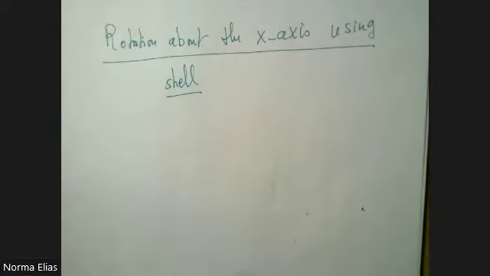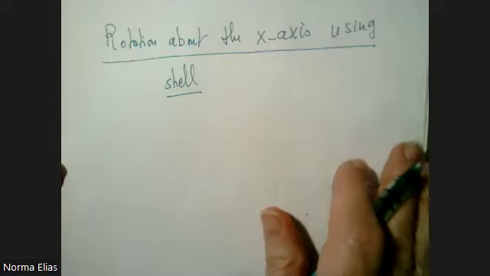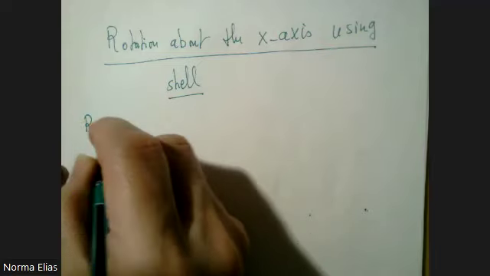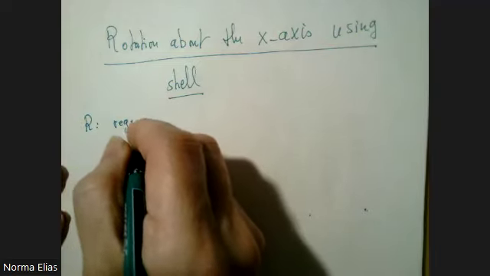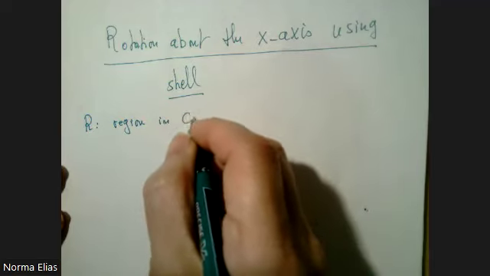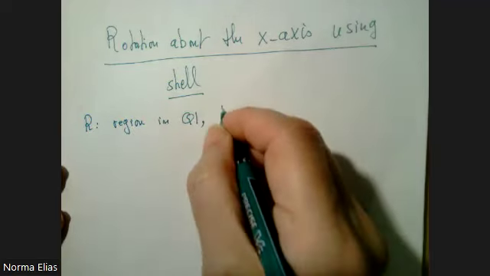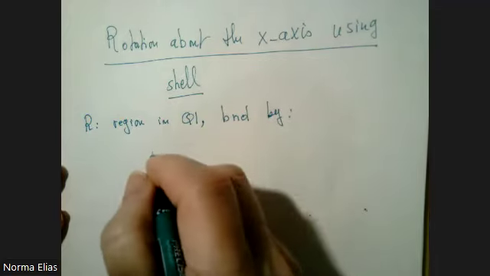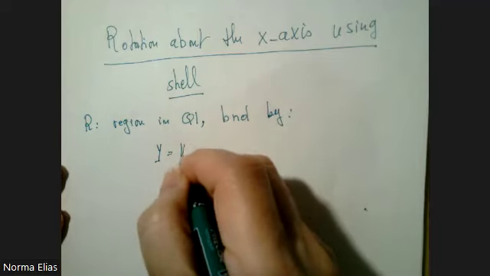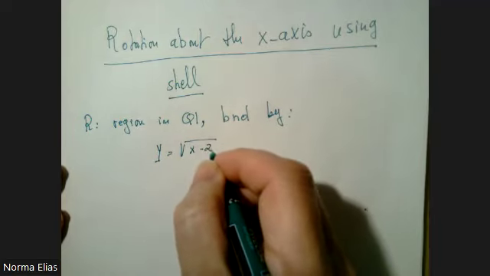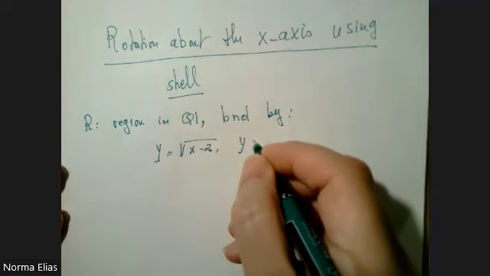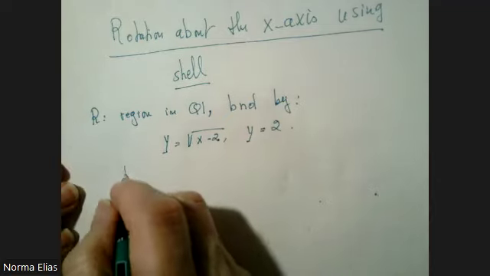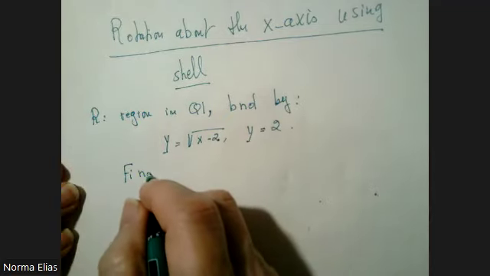So I'm going to take the following creation. It's actually in your book because I liked it. So let R be the following creation. R is the region in quadrant 1 bounded by y equal the square root of x minus 2, y equal to 2. Okay, and the question is, find the volume